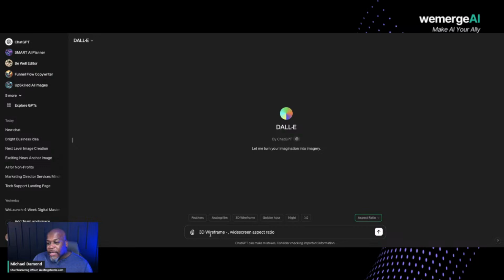Okay. Now you'll see that a couple of things have automatically been added to my prompt, and each one of them is comma separated. 3D wireframe tells it the artistic style. Then I chose an image ratio, which is widescreen aspect ratio. I'm just going to put a comma here, and now I'm going to tell it what I actually want to create. So I'm going to say create an image of, let's do a pumpkin